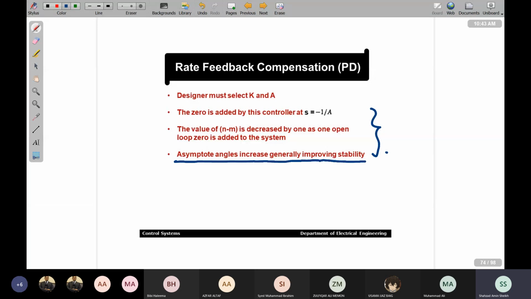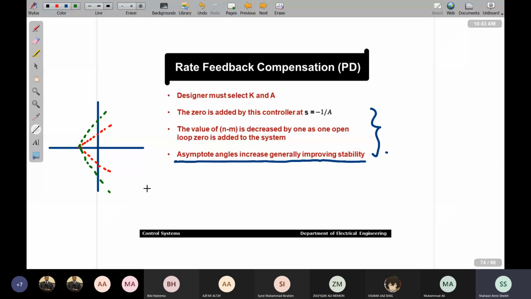ये सिचुएशन है। अब मैं आपके सामने दो, सपोज एक का एसिम्प्टोटिक एंगल ये है और दूसरे का एसिम्प्टोटिक एंगल ये है। कौन सा सिस्टम ज्यादा स्टेबल होगा, ग्रीन वन और रेड वन? सर ग्रीन वन। क्यों? सर क्योंकि ये ज़्यादा टाइम ले रहा है क्रॉस ओवर करने में। ज्यादा, जबरदस्त, ग्रेट, गुड, ओके।